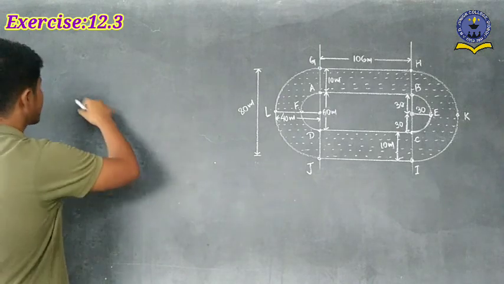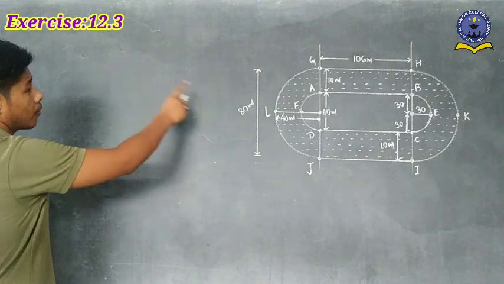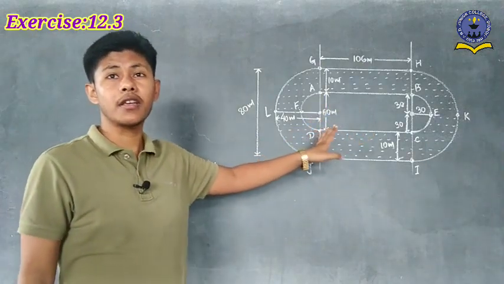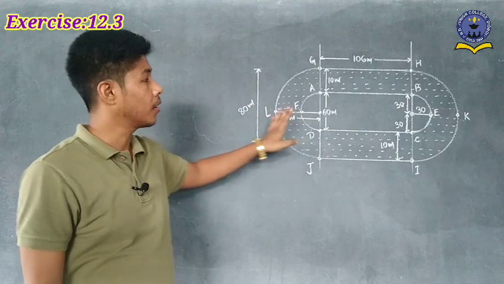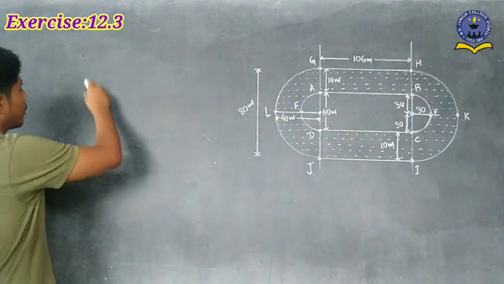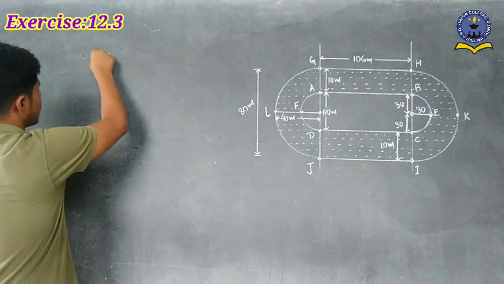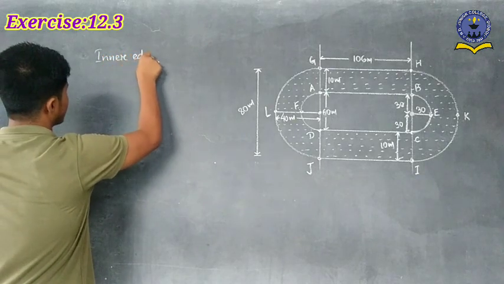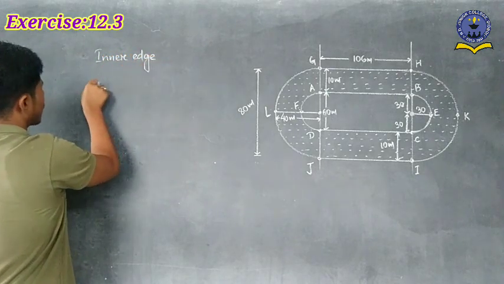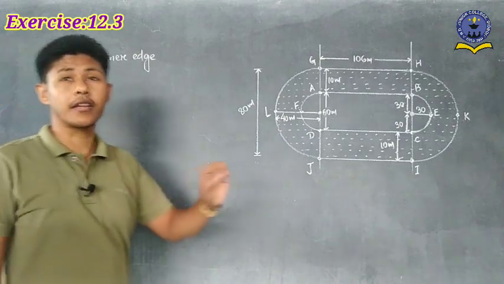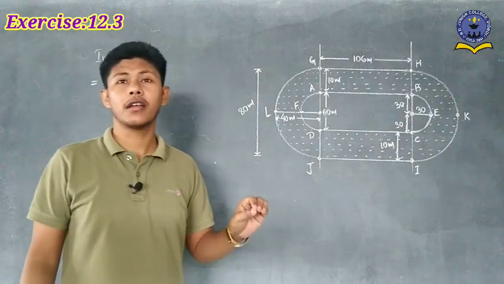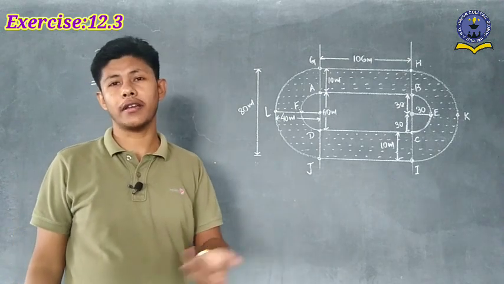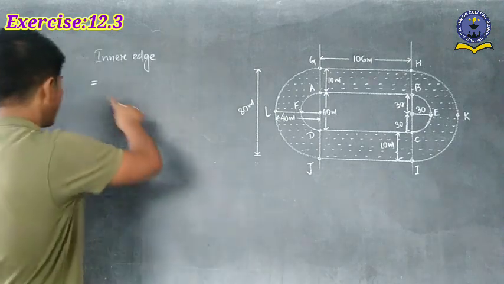So if we find out the first answer here, if we write here question number 8, the first solution, what you have to do? We have to find out the distance. But the question is given inner edge, so that's why here just you have to write inner edge. Or you can write the whole sentence also: the distance around the track along its inner edge. In this way also you can write. Simply I write here inner edge.